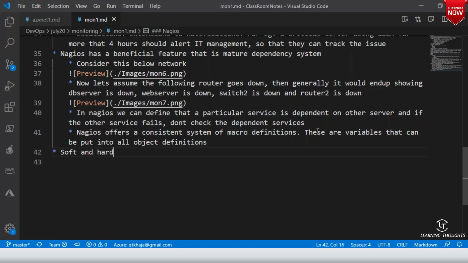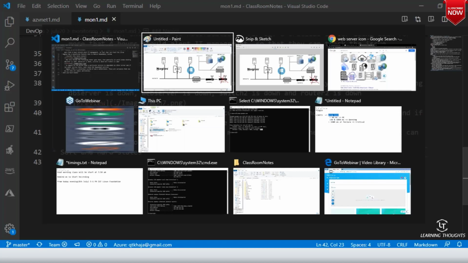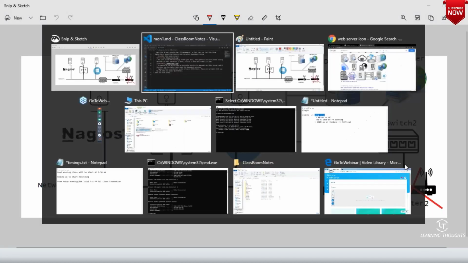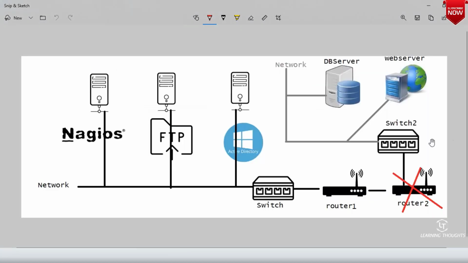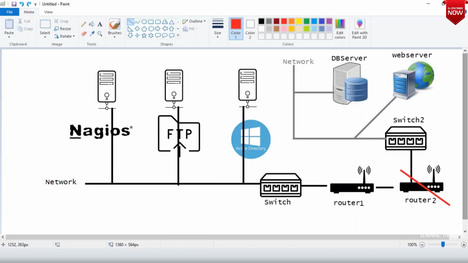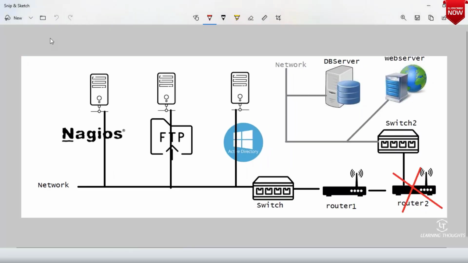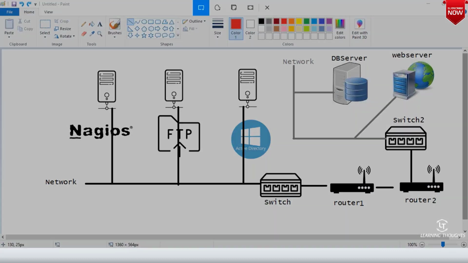Soft and hard states. Okay, soft and hard states. So what is this soft state and what is this hard state? Let us assume, let me go back to this image. Okay, sorry, not this one. Yeah, right.